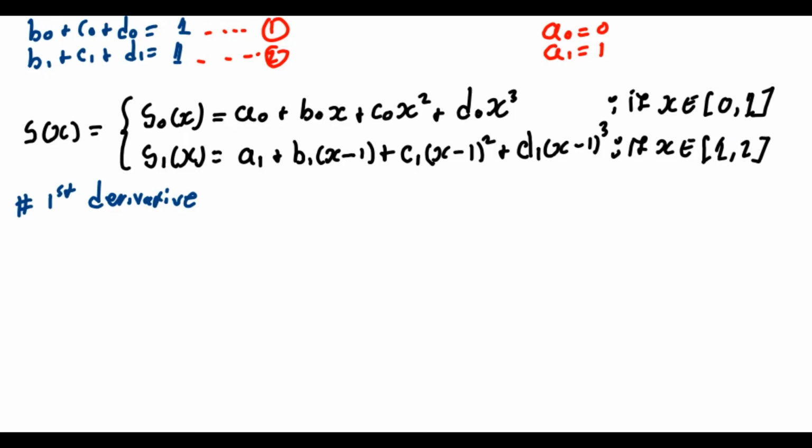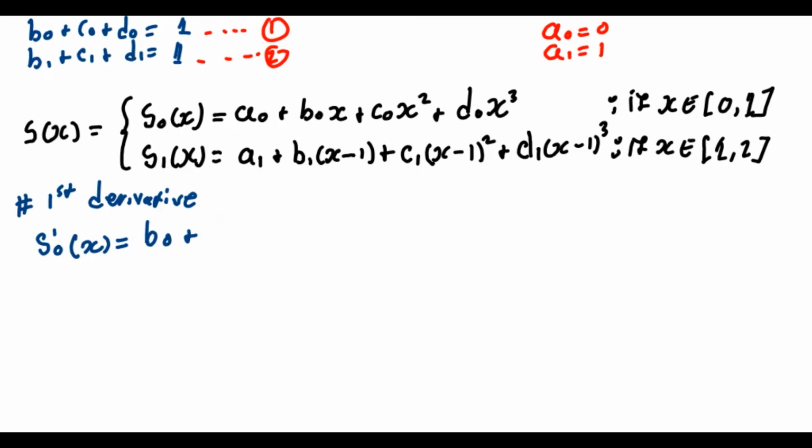When you differentiate the first one, it simply means your s naught prime of x is just going to be equal to, when you differentiate this, your a naught goes to 0, so we just have b naught plus